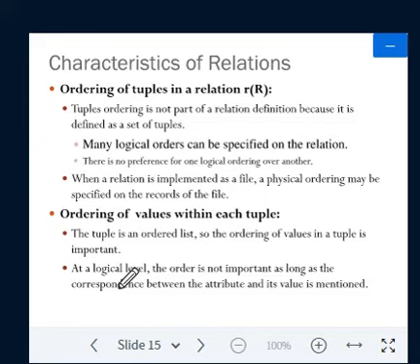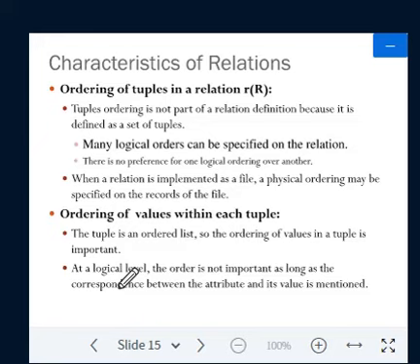Third is values and nulls in the tuple. Fourth is interpretation of a relation. Interpretation means the meaning of a relation.